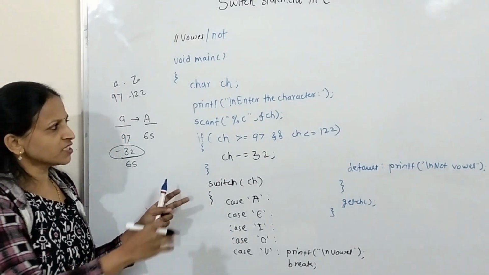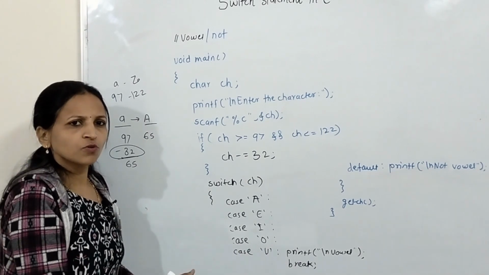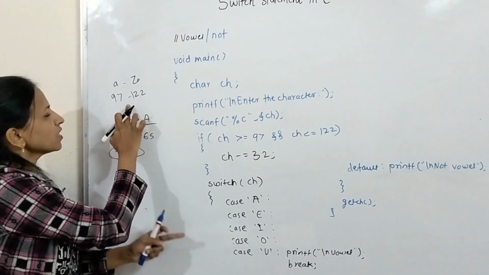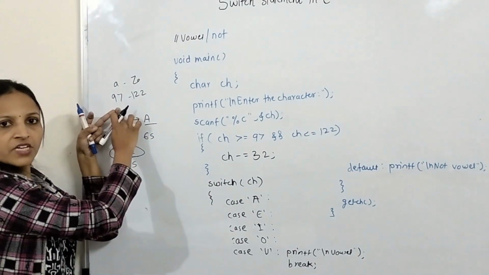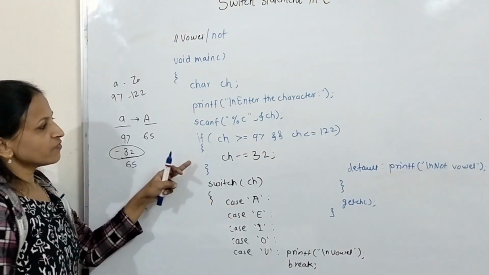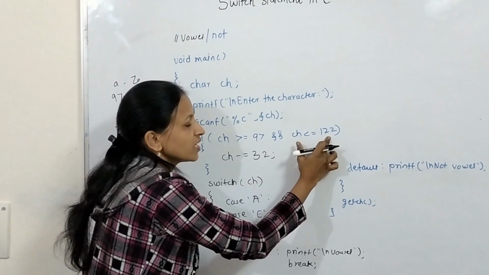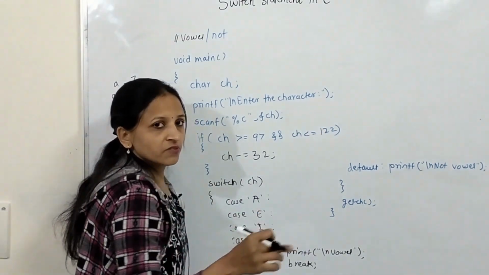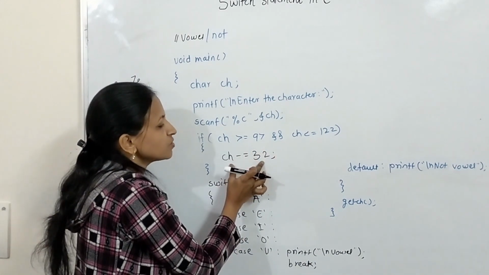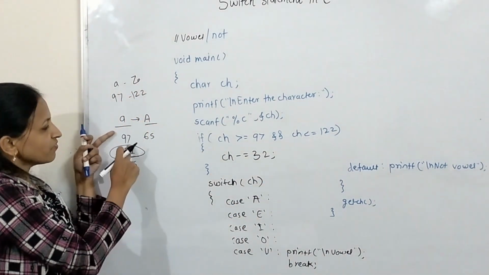And if the user enters a capital case character the first time, then no problem, don't do anything in that case. Now see, the small case letters have ASCII values between 97 and 122. That's why we check whether the character entered by the user is greater than or equal to 97 and less than or equal to 122. Then we can definitely say that it is a small case letter. In that case, just subtract 32 from that. Why? Because small case letter a has value 97.